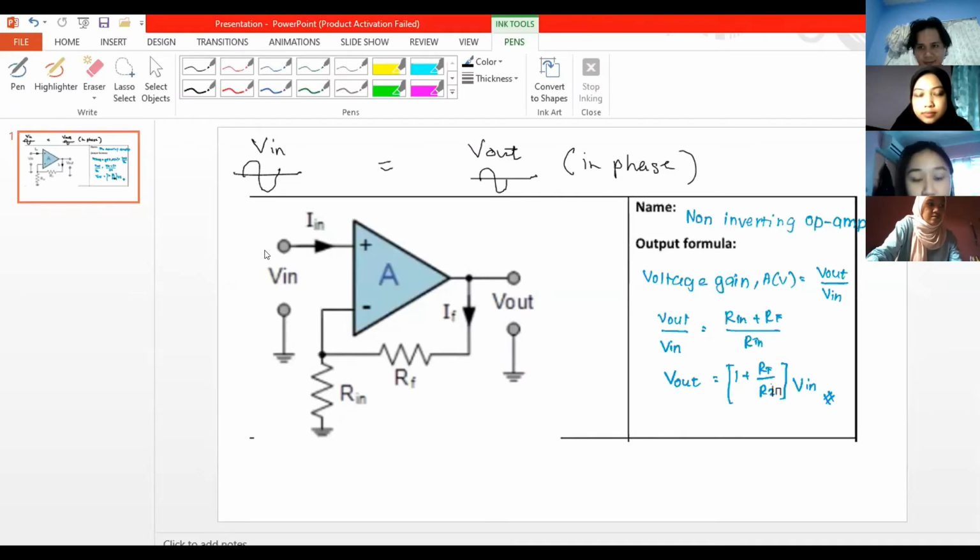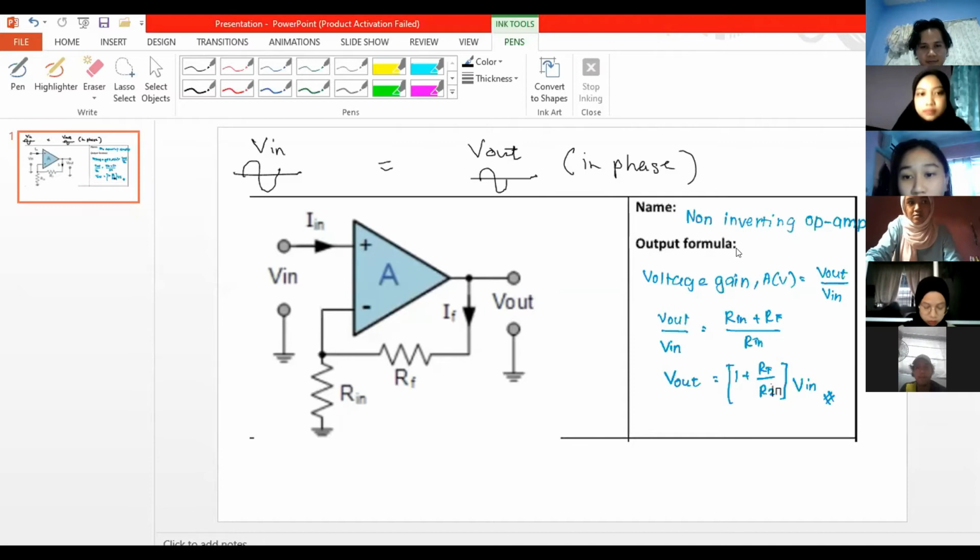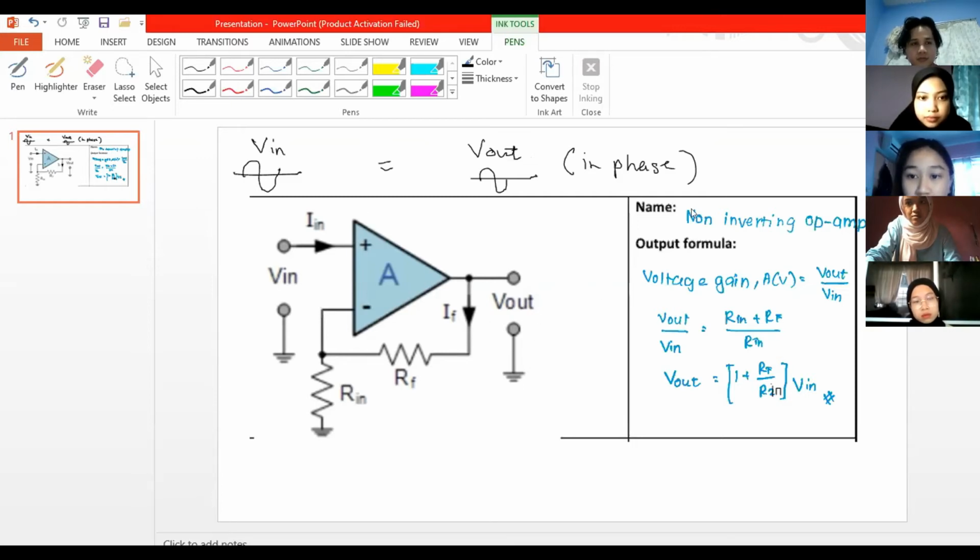For the second question, we have non-inverting operational amplifier. So how to get the output formula, you have to know that the voltage gain is V output over V input. For the V output, your sinusoidal waveform must be in phase with the V input. That is why this configuration is named as